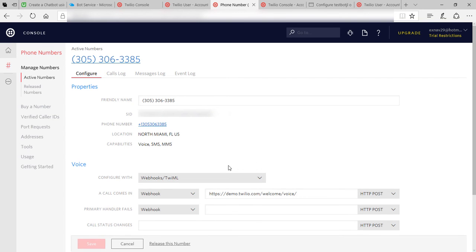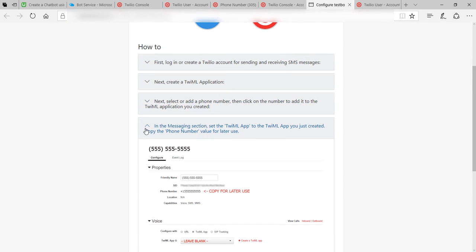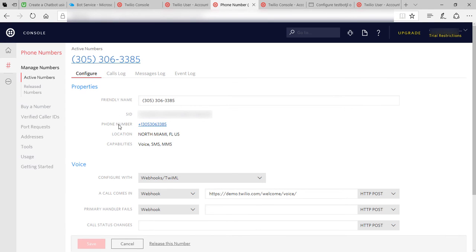And it's going to want me to associate this to that TwiML application I made in my previous step, which is not a problem. If I go back over here, I'm going to reduce this part of the wizard, go down, it shows me that screen again, and it tells me to copy this for later use, leave the voice section blank, and then it's set to my TwiML name. All right, so I'm going to go here. So here's that screen. I'm going to copy this number,